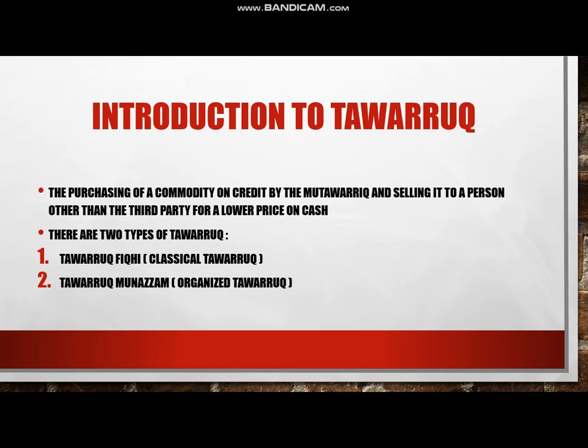So what is Tawarruq? Tawarruq is a purchasing of a commodity on credit by the mutawarrik, the seeker of cash, and sell to another person, other than the third party, for a lower price on cash basis. It means that the mutawarrik, the seeker of cash, purchases a commodity on loan from a third party, for example a bank, and then sells it to another person for a lower price than the original amount on cash basis. This is because the objective of the mutawarrik is to gain cash as fast as he can, as long as it avoids